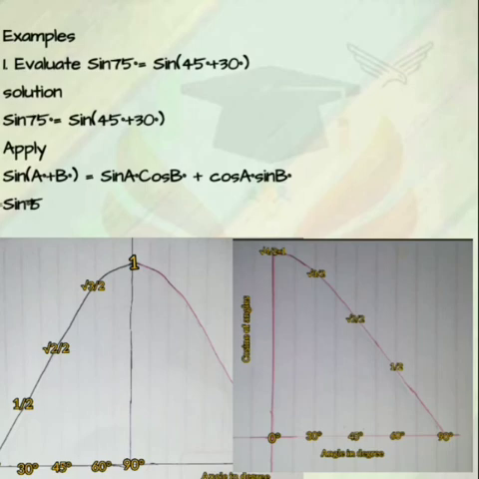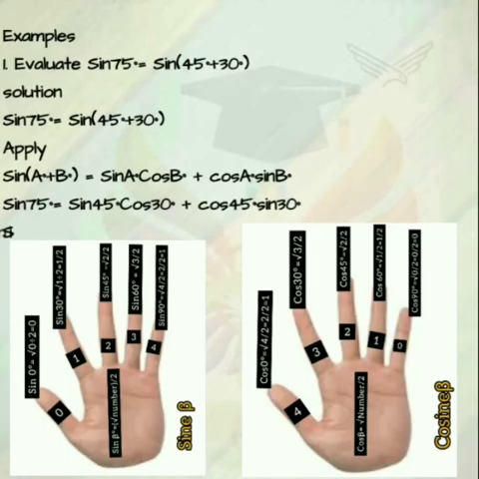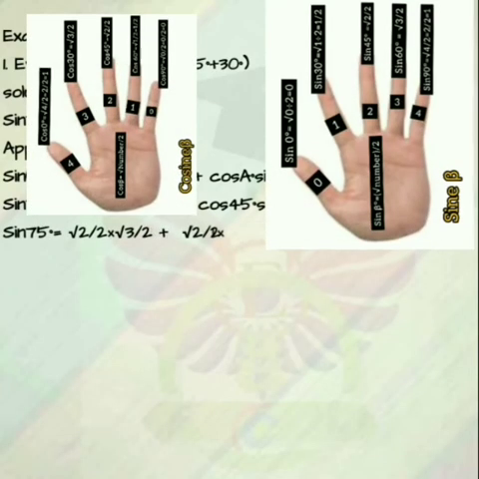Get your values of sine A and cos A and sine B and cos B using either a combination of the graph or the hands. This gives sine 75 to be equal to sine 45 is root 2 over 2 times cos 30 is root 3 over 2 plus cos 45 is root 2 over 2 and sine 30 is